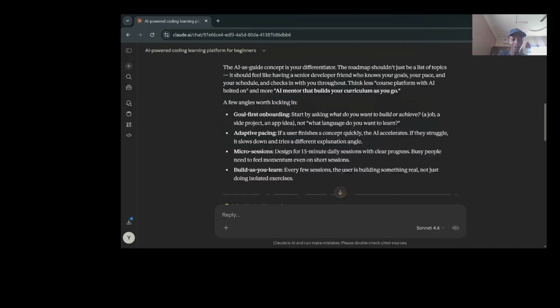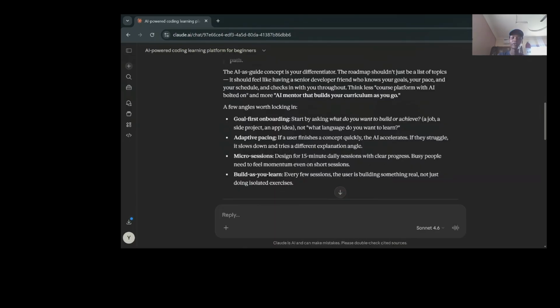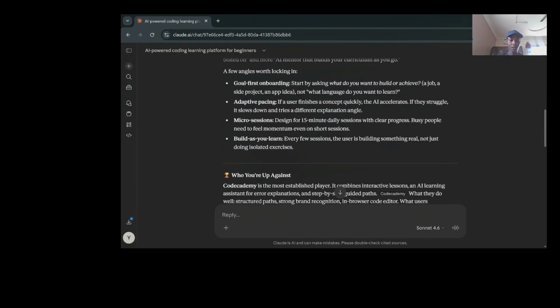So here it mentions that we are going to have a goal first onboarding, which I was thinking about earlier on, whereby the user is going to be explaining what their goal is. What is it you want to achieve? Are you trying to get a job? Do you want to build side projects, or do you have an idea that you want to build on your own from scratch? We need to understand what your goal is so that the AI is going to help you throughout your entire learning process and make your learning process much smoother and easy. So micro sessions,